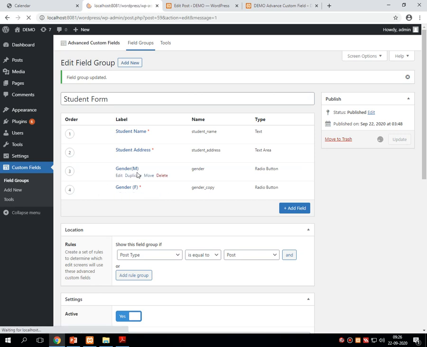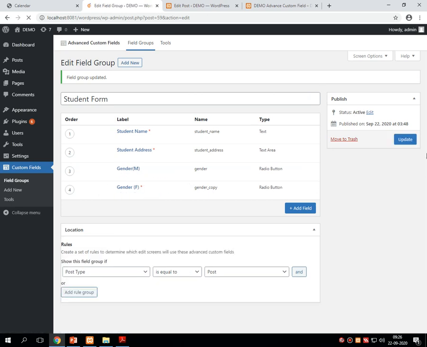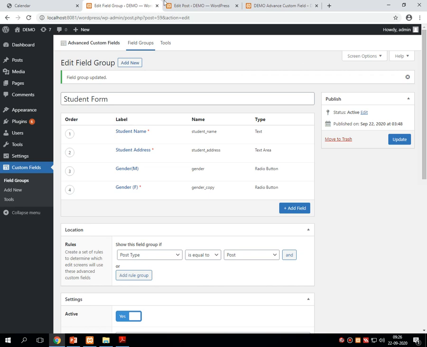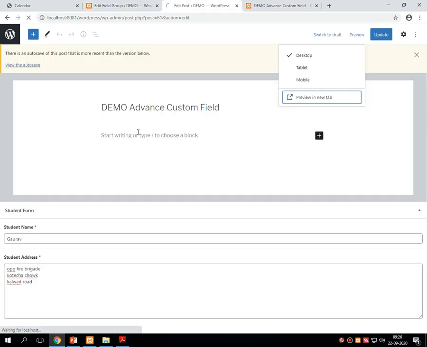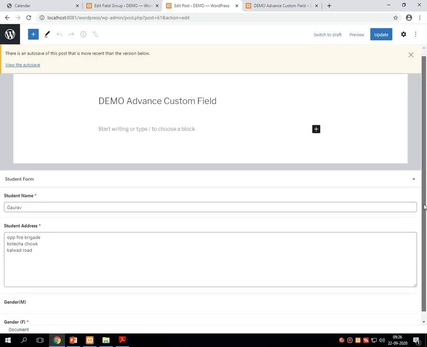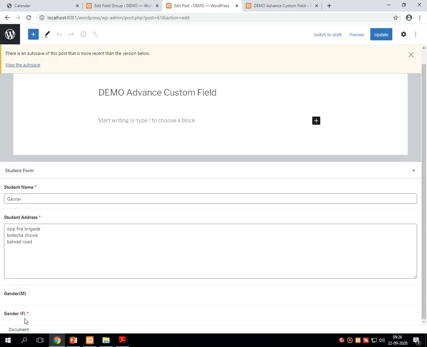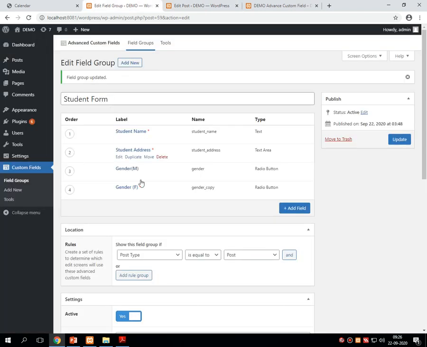Fine, it is required. Then I'm just refreshing this page. What comes? Let's see. Something is missing.